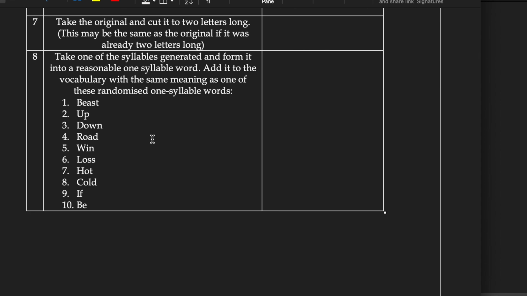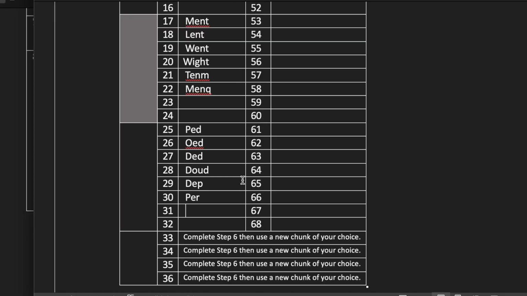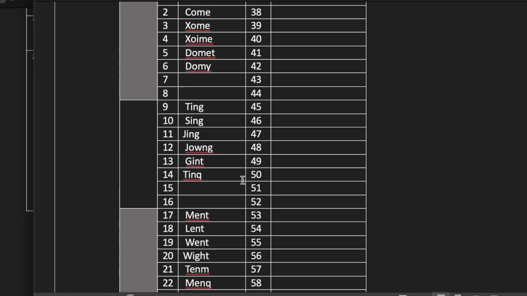Take the original and cut it to 2 letters long. This may be the same as the original if it was already 2 letters long. Okay, so